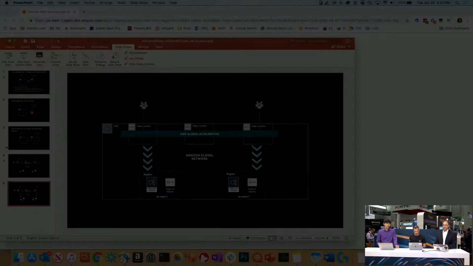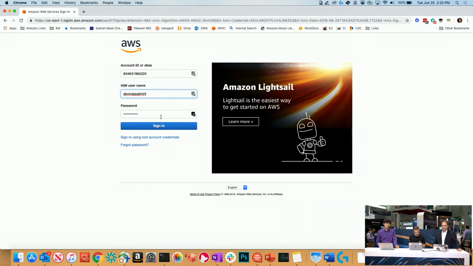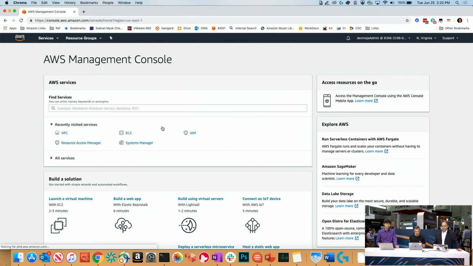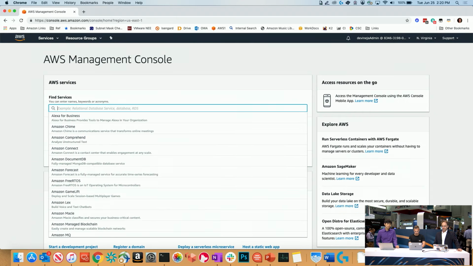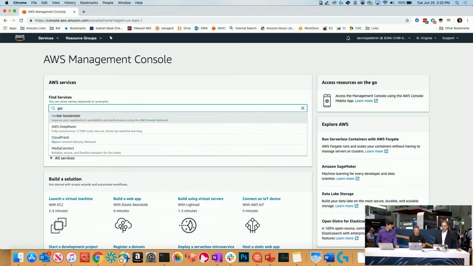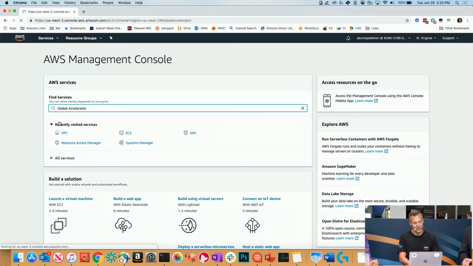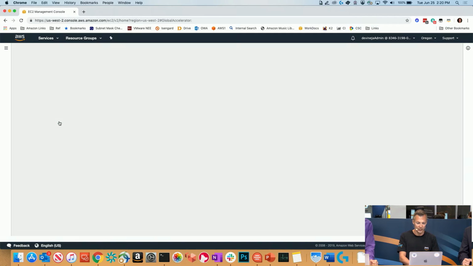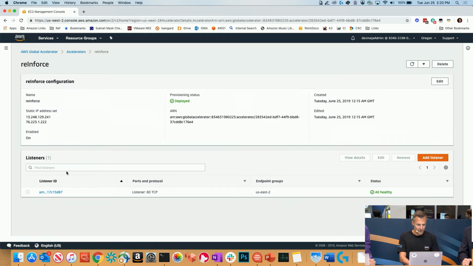Let me pull it up and log into my AWS account. So if we go under our long list of products and services, I like to start typing in as opposed to navigating through all the different options here. So if I go to Global Accelerator, I've created one specifically for this event for Reinforce. So within a Global Accelerator, there are listeners, and these listeners are on a specific port. So here I can see this is port 80, and this is TCP, so we mentioned it does both TCP and UDP, and I can see everything is healthy.